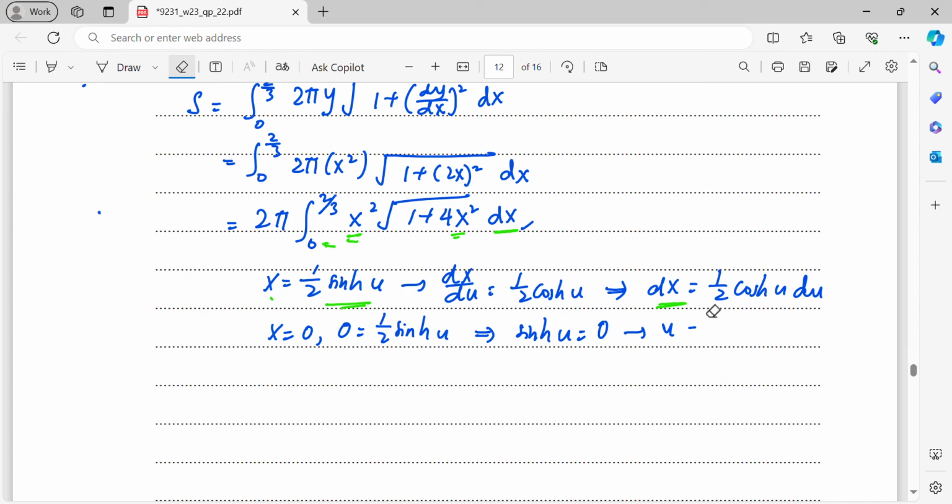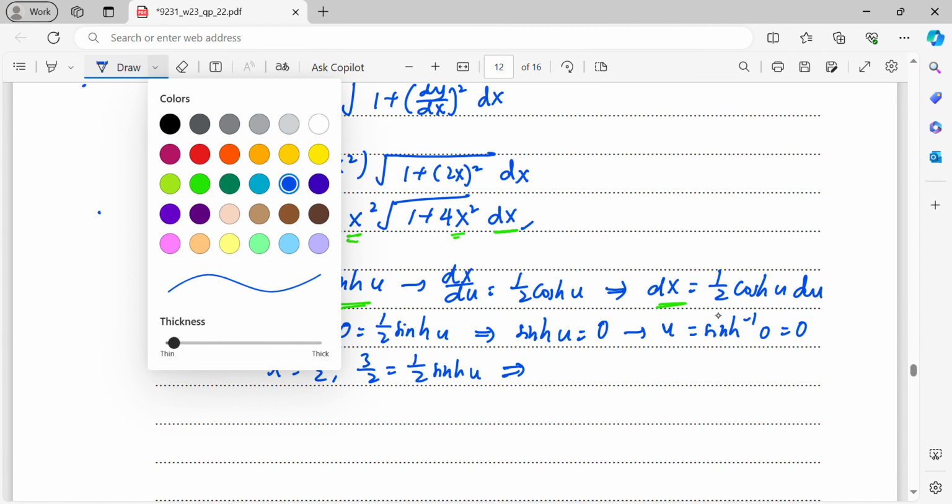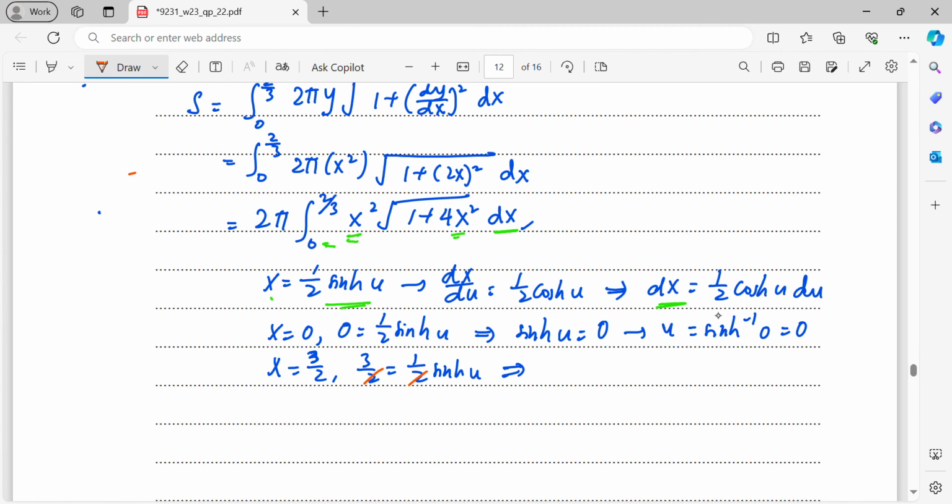So at sine inverse 0, you can get it from the calculator. That is 0. Then the next value, x is 3 over 2. Means 3 over 2 is half sine u. So the half can be cancelled off from both sides. So now my sine u is 3. So my u is at sine inverse